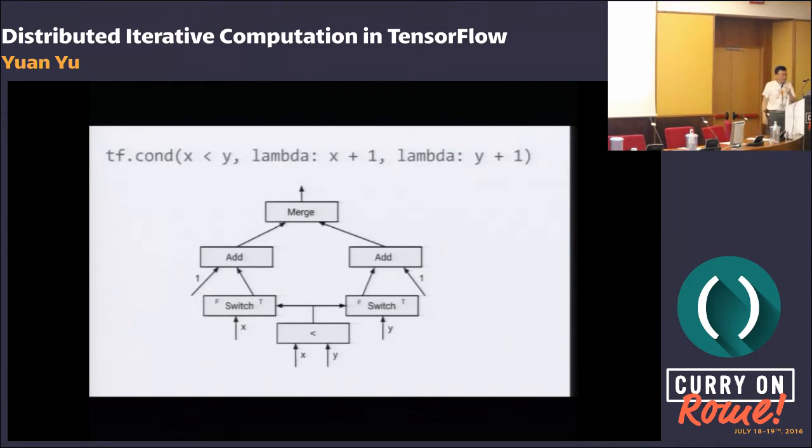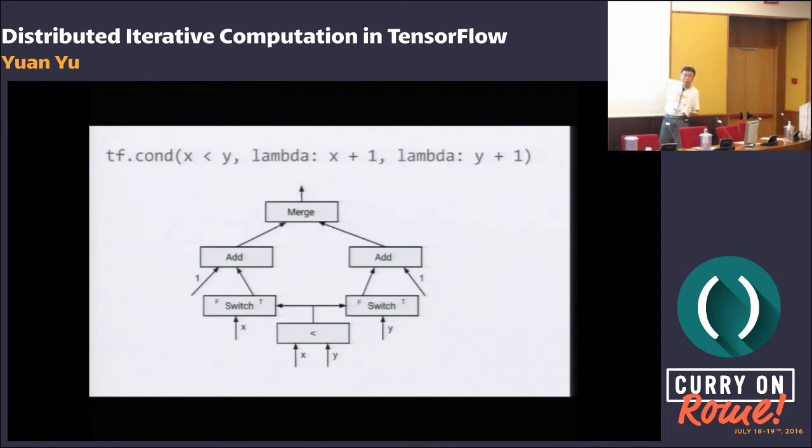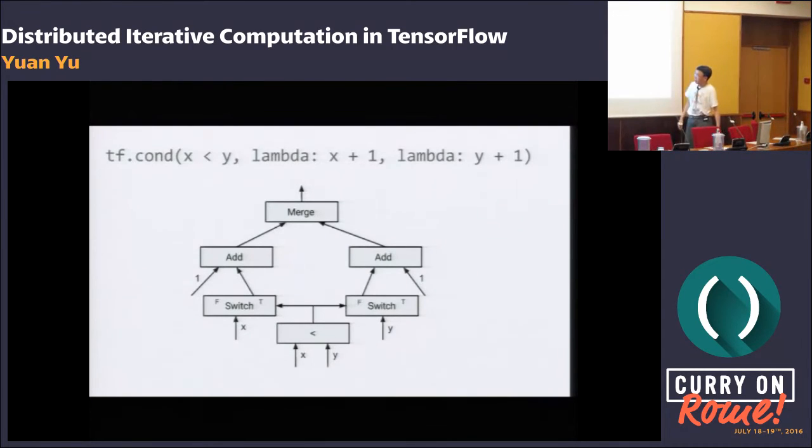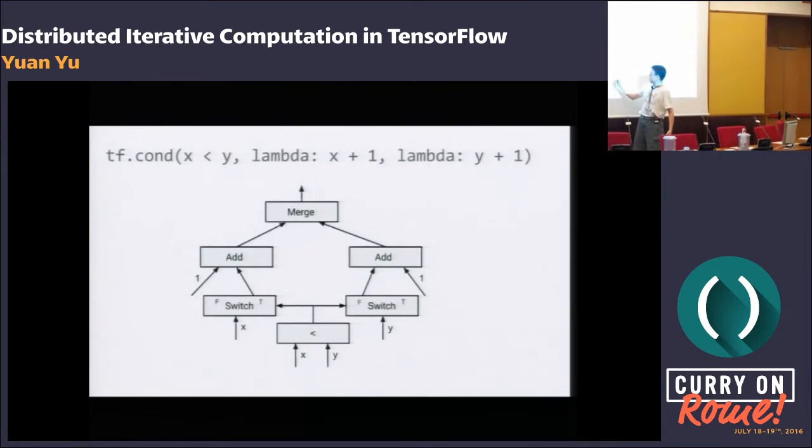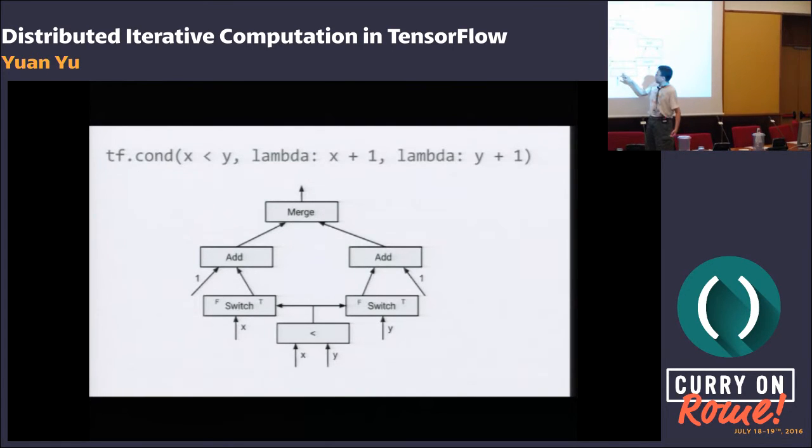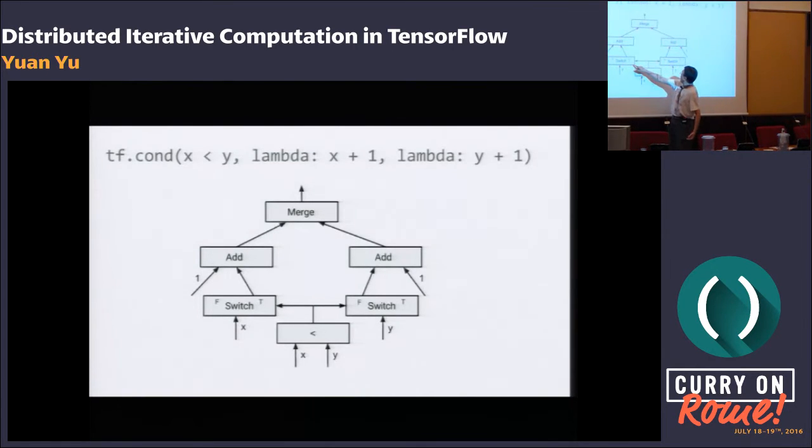Now let's look at how the control flow constructs can be compiled to this. This is how we compile, for instance, the conditional. This is my predicate, and if it is true, I'm going to come here.